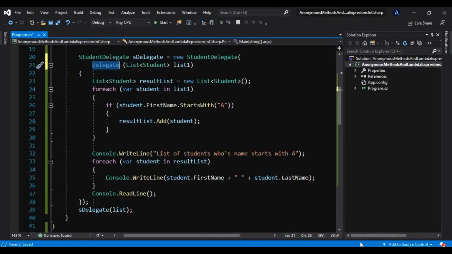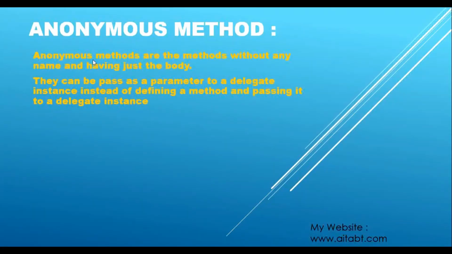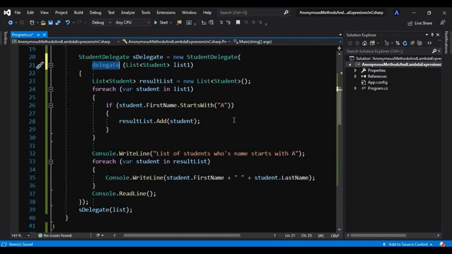That's what is mentioned on the slide. Let me show you what we have read here. Anonymous methods are methods without any name and having just the body. They can be passed as a parameter to a delegate instance instead of defining a method and passing it to a delegate instance. And there is also one point that wherever a delegate type is required, we can pass these anonymous methods there.